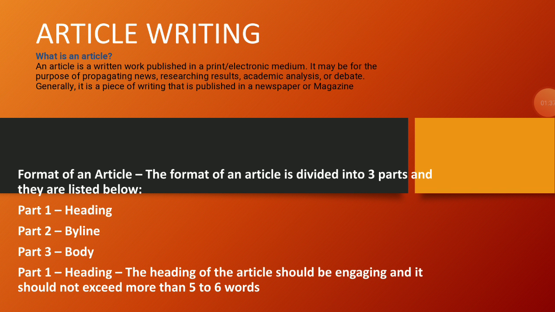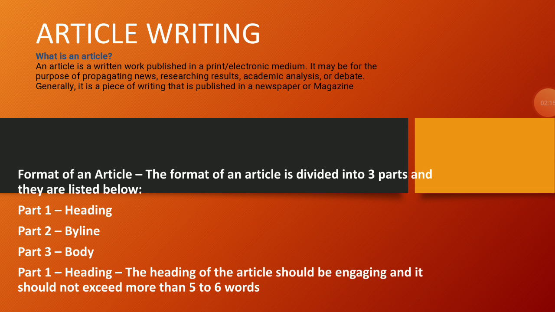Okay. Now, what is the meaning of directed writing? I have already discussed in class that it refers to some points and guidelines being given to you, and based on that, you have got to write whatever you are asked for. Okay. So, what is an article? First, you have got to know. If you go through the newspaper, you will find that apart from the news, which is given in a different format, there is a separate page where different people write about some issues. They deal with the issues in general, or they can deal with them by themselves also. So that is what an article is.